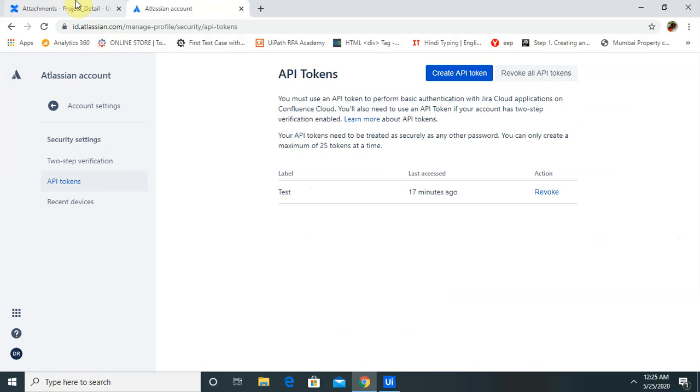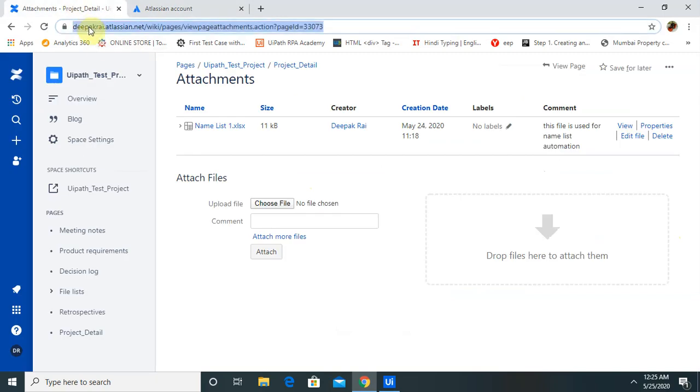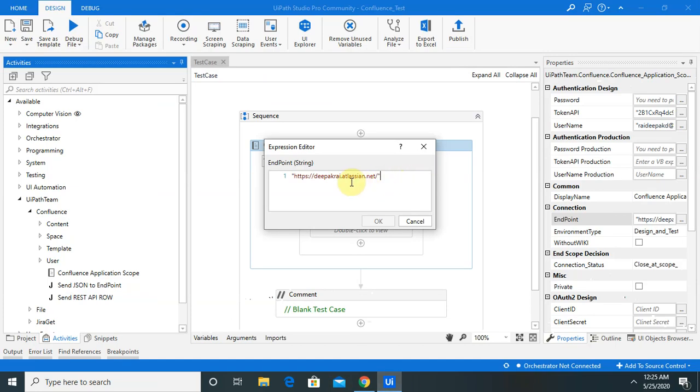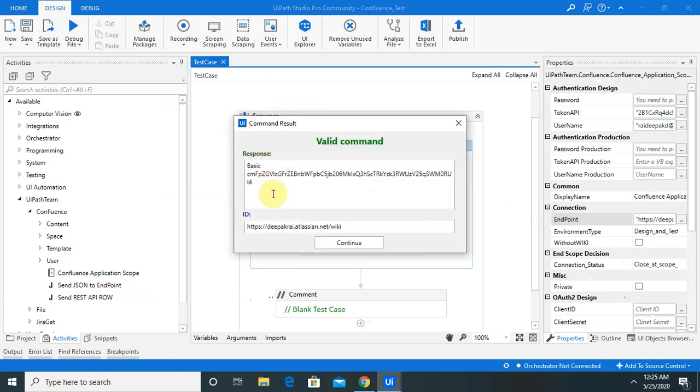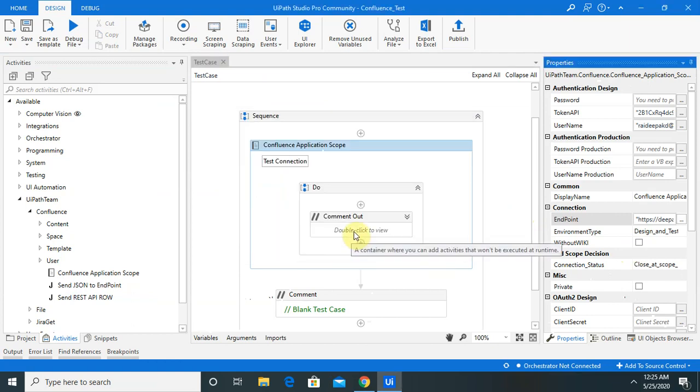Let me show you here: copy up to atlassian.net and paste it here. Now the endpoint is connected. Let me check the connection. Now you can see the valid command is executed. Let's continue.